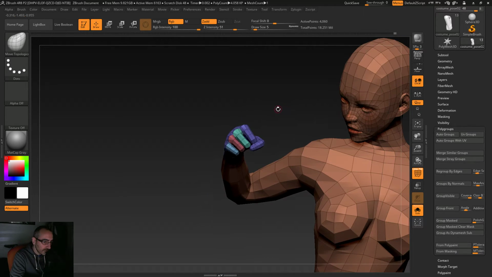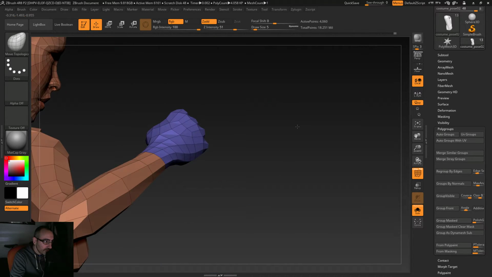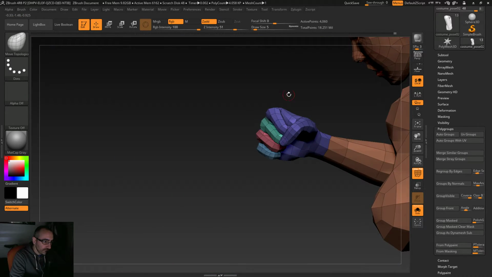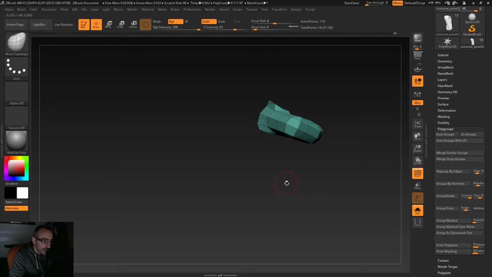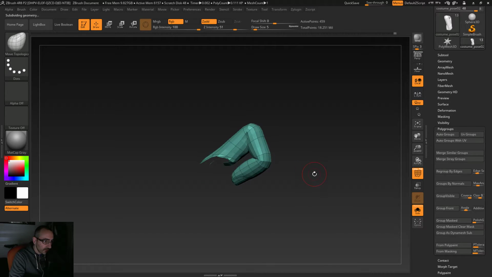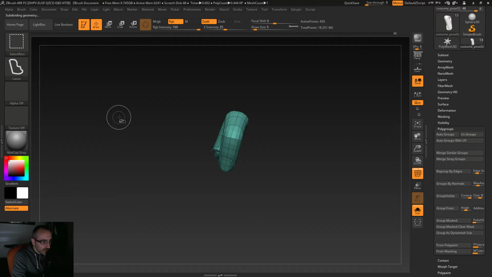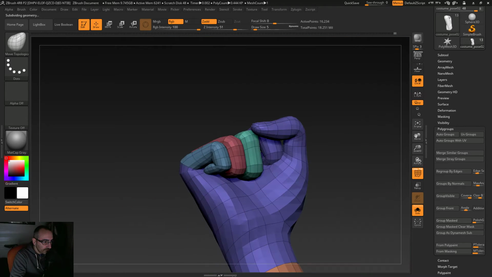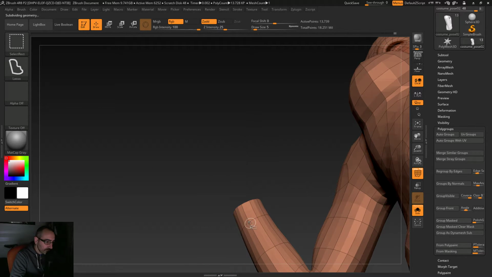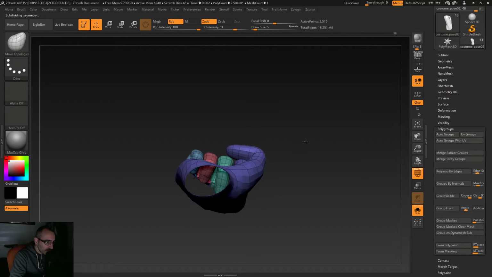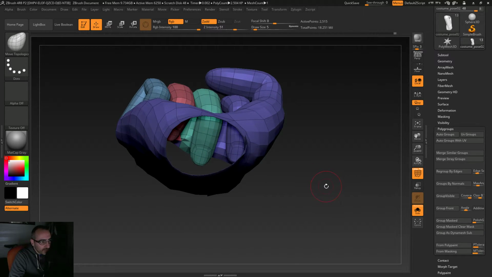So that should be okay. Now isolate this guy and let's see what I got. Actually, so the finger there,